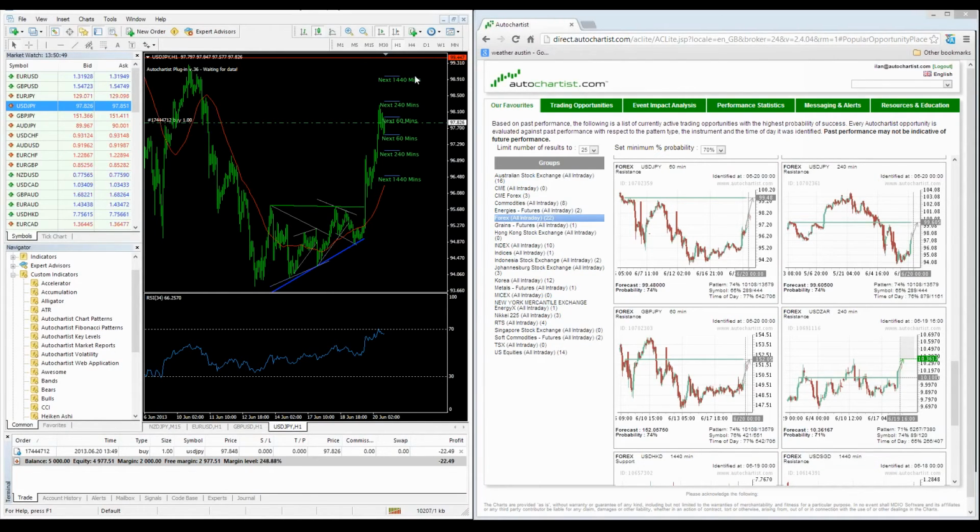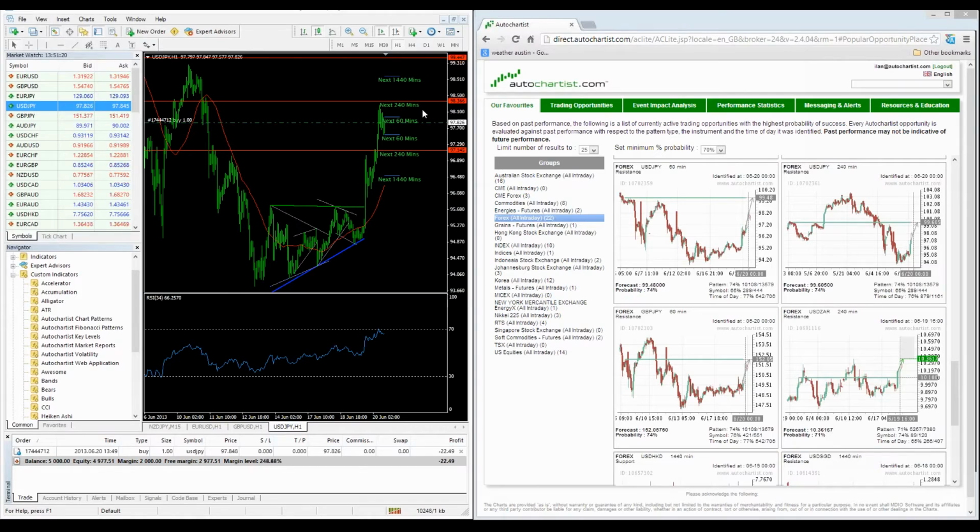So this is actually, although it's based on the 60-minute graph, a long-term play in the Forex world, all right? So we could, for example, say, you know what, despite what Autochartist says, I actually want to set my stop loss and take profit to be at the 4-hour range. So what I can do is just draw some lines in there